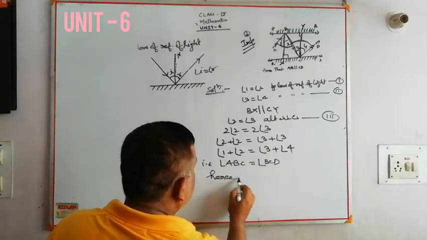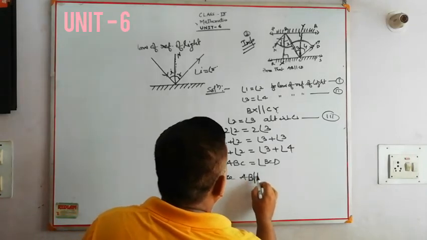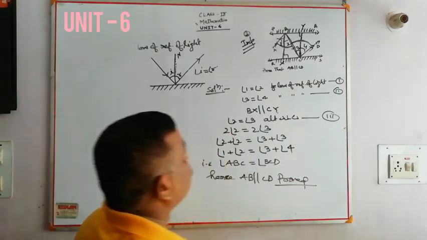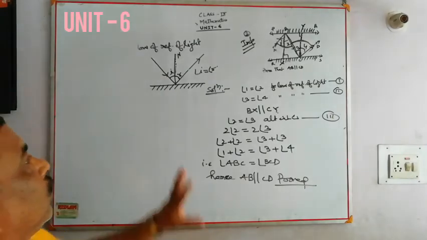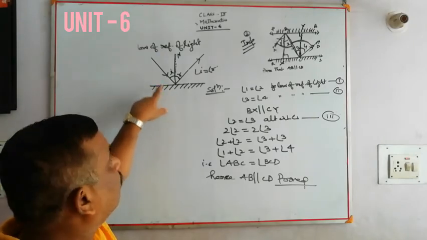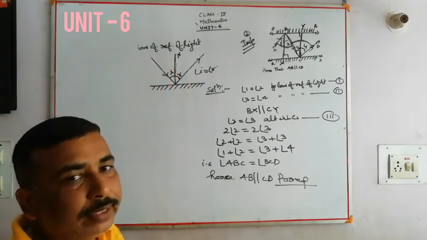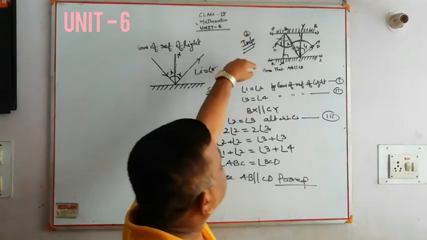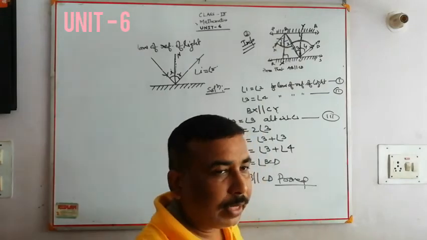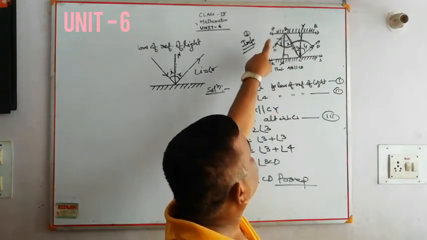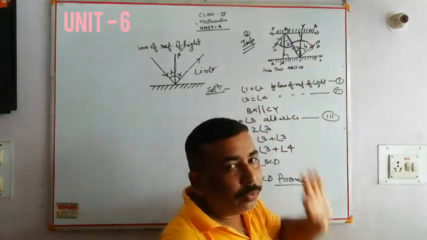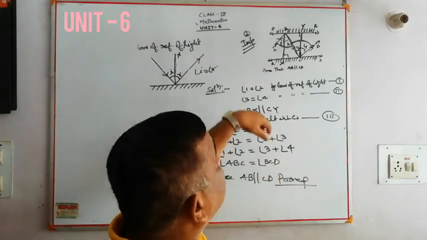Hence you write AB parallel to CD. This is the simplest method of solving these questions. Question again: you know about the law of reflection of light. The incident ray, reflected ray and normal meet in the same plane, and the incident angle is equal to the reflected angle. In this question, I first draw the normal at point B and point C. Normals are perpendicular to the lines. Therefore, by the law of reflection of light, I write angle 1 is equal to angle 2, angle 3 is equal to angle 4.